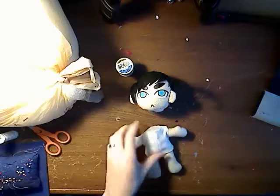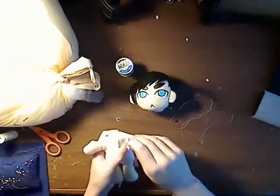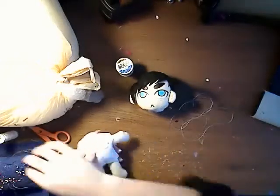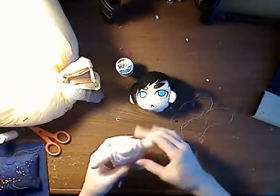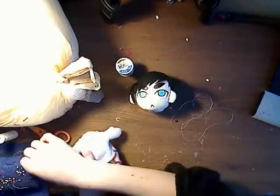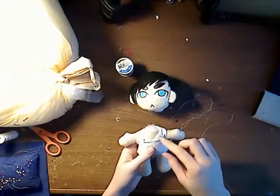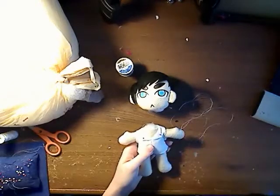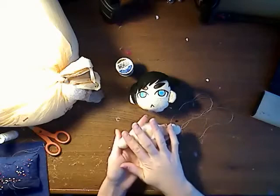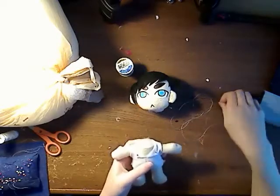So I start by, first I gotta get his clothes out of the way. I'm just gonna pin his shirt down. You have to put any clothes on the body that have to go over the head before you sew the head on, because you can't get the clothes over the head. So usually I do the whole entire body first and then I sew the head on at the very end, but for the purposes of our demonstration,